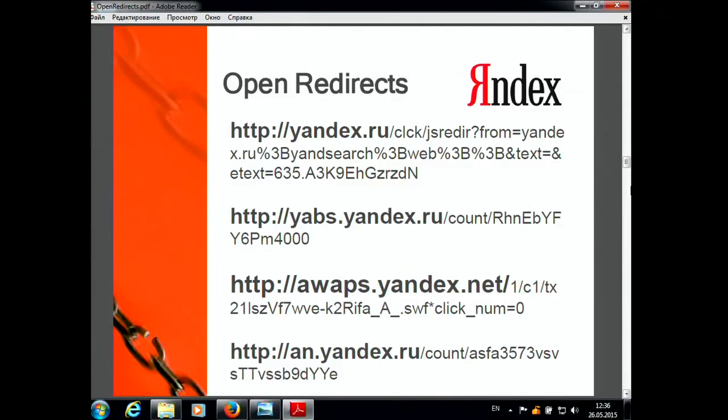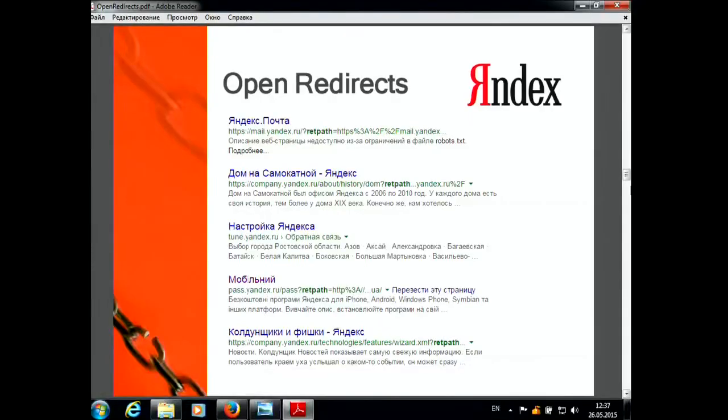So it's possible to get that link via which this user gets to our website, and it will look like these subdomains of Yandex. There are a lot of them, but these are the most widespread. They can be easily found in Google. So our task now is to find in Yandex the pages whose parameters redirect the users to a certain subdomain. I looked through the dork,